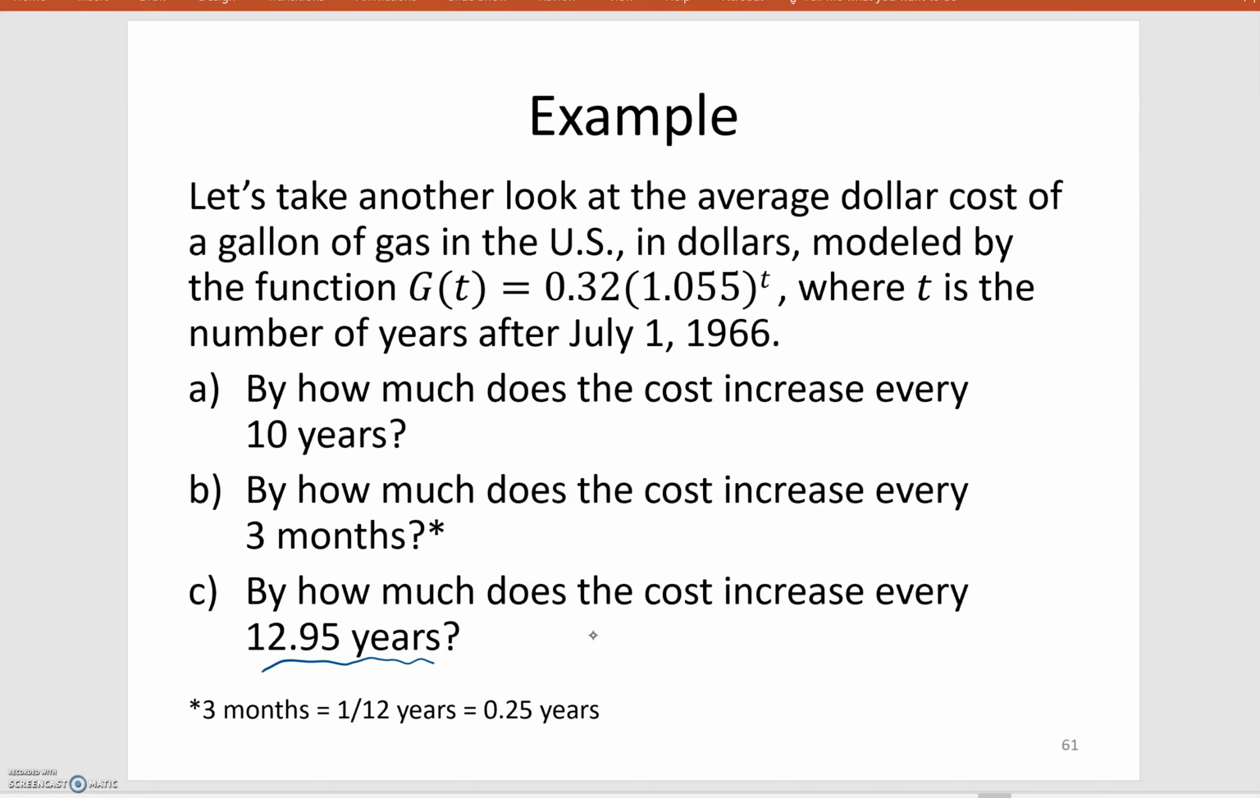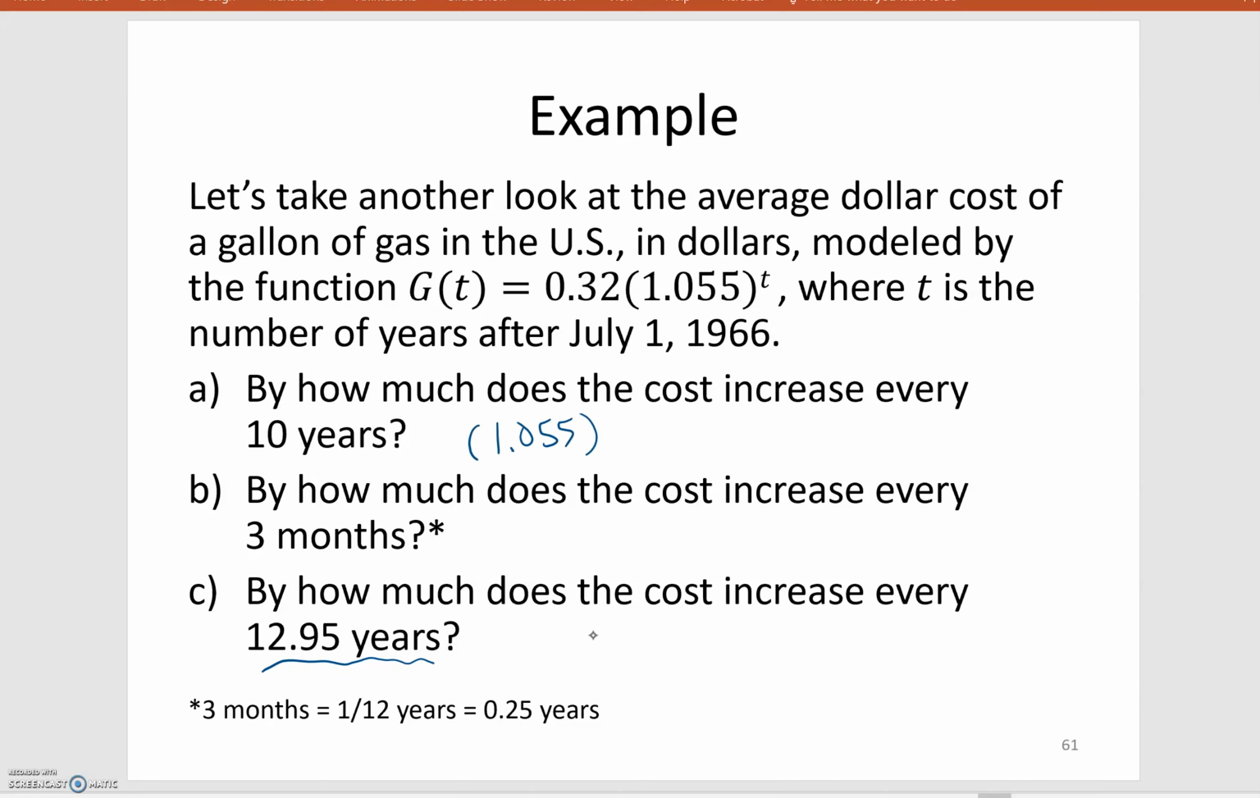But let's go back to part A. And all three of these questions, though, what are they actually asking you for? So when it says by how much does the cost increase every 10 years, we're looking for a rate. Okay, so every 10 years,